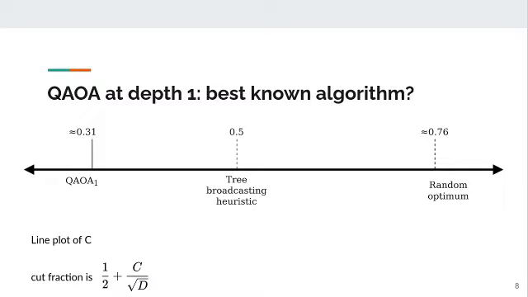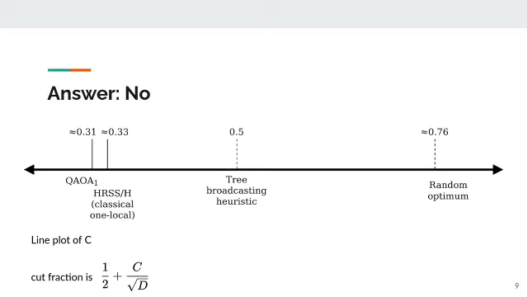Now, when the QAOA was analyzed at its lowest depth, this QAOA is the popular quantum algorithm that is also local, at the lowest depth they got to 0.31. It's close to 0.31, like 1 over 2 square root e or something. But the point is that it was actually the best known algorithm, at least measured on this metric. And so a big question was, is the QAOA really successful on this problem? And it turns out in 2019, the answer is no.